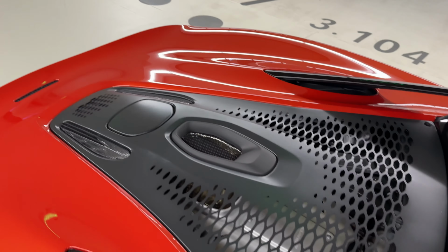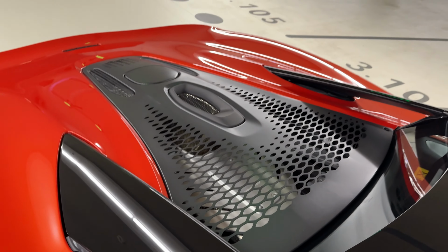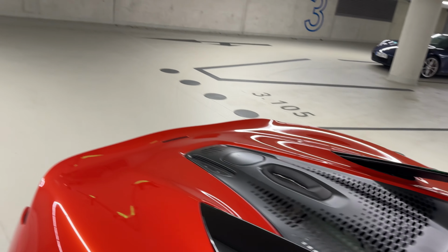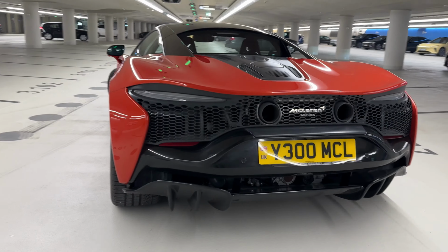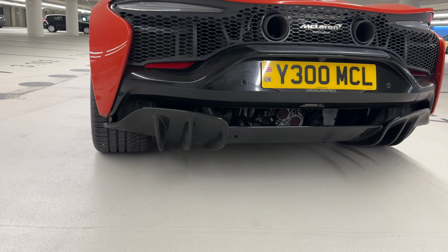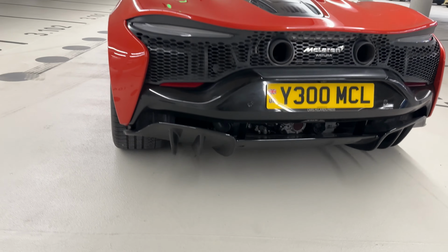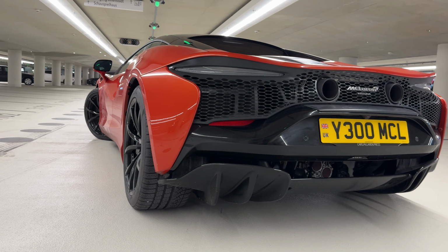I have a direct view on the McLaren engine here. Also the engine is turned 120 degrees. You can also spot that when you look onto the rear. Let me just show you that for a second. As soon as you have a close look from underneath, you can kind of see it, the way they just turned the engine. All in all, I'm a huge fan of the look of the McLaren Artura rear. This is pretty